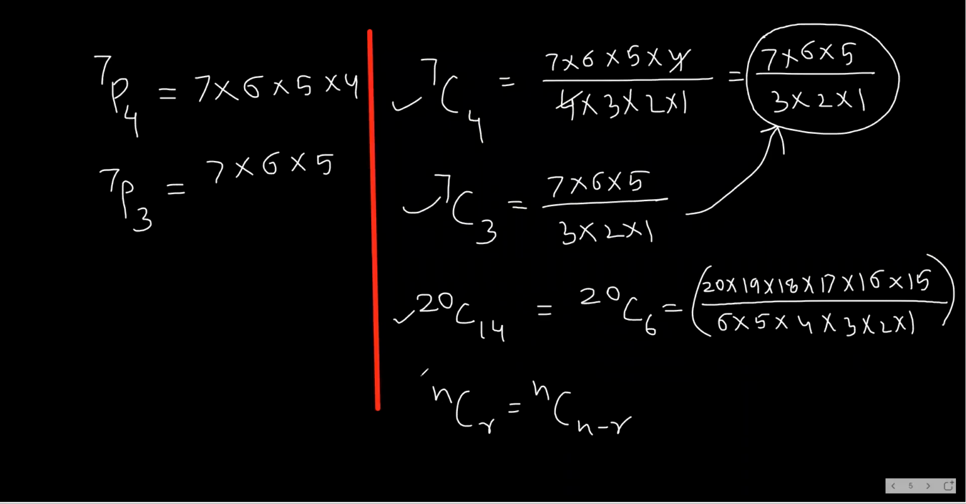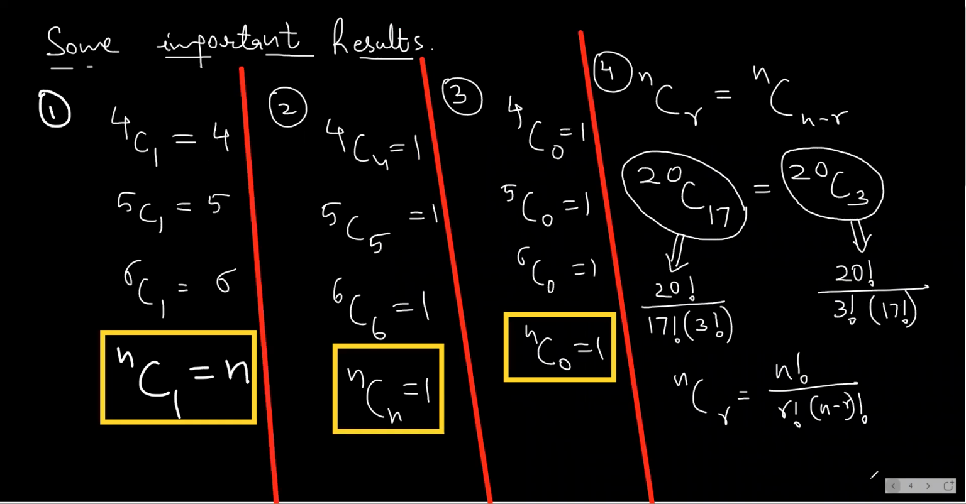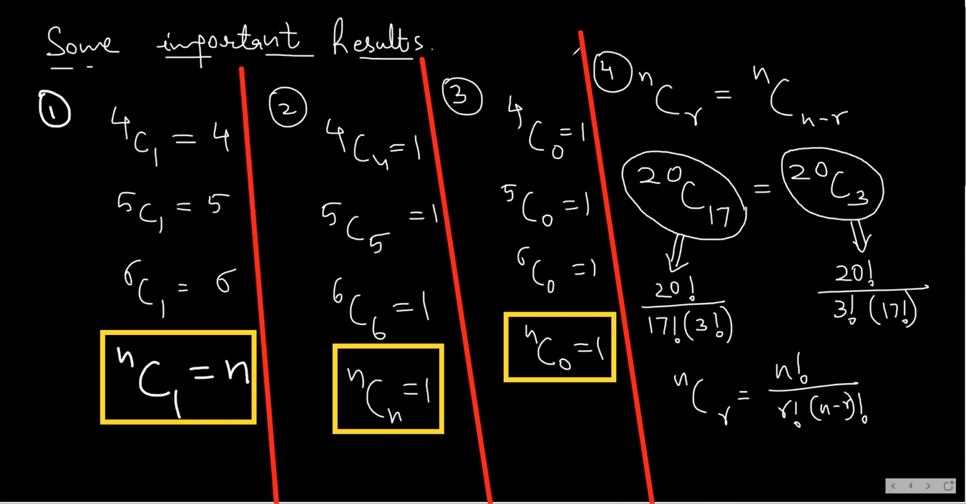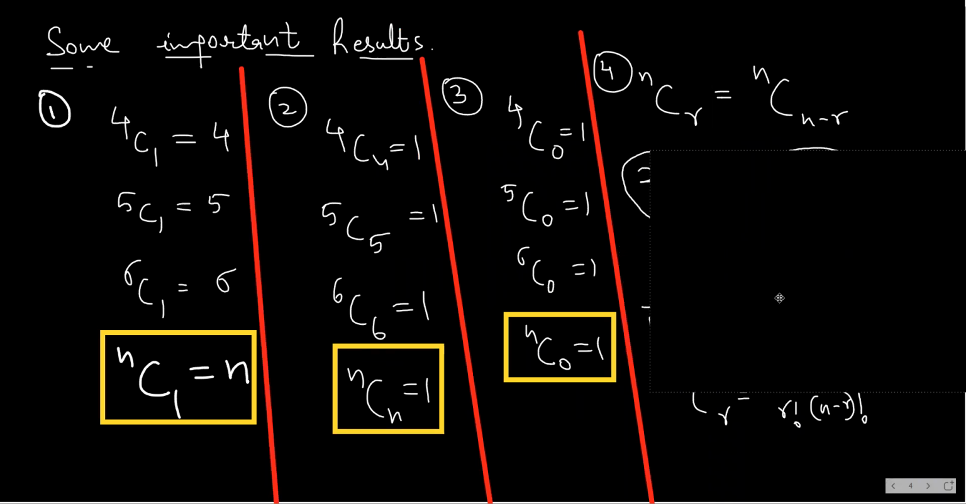So now, as you know that nCr is nC(n minus r). So here we come across one very important result, that will be result number 5. And let me write it here itself. See, the result is